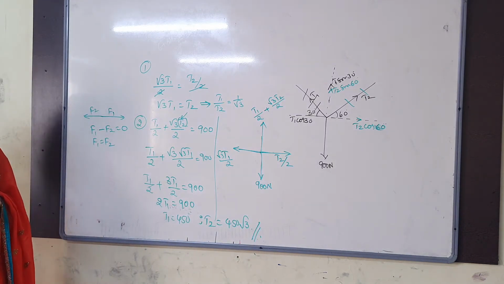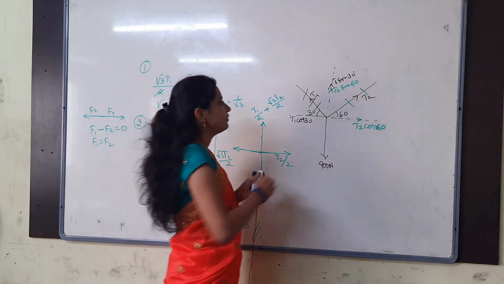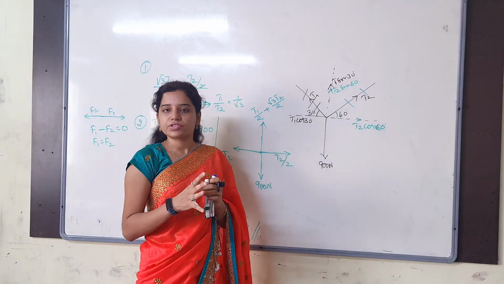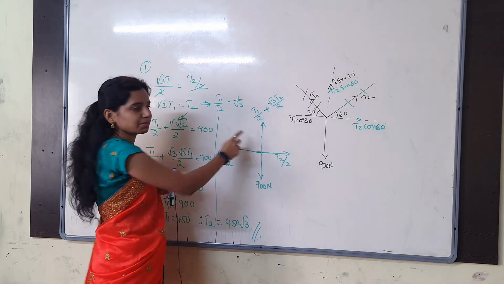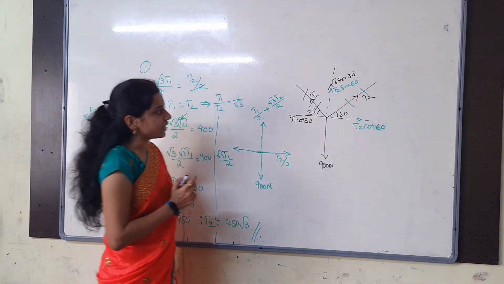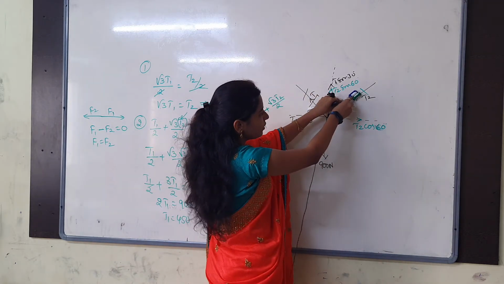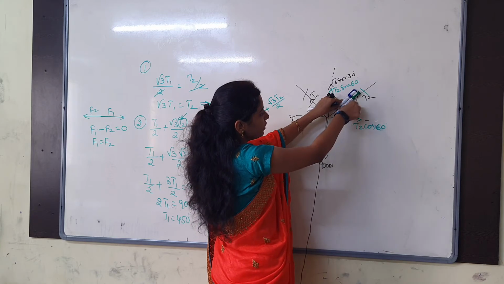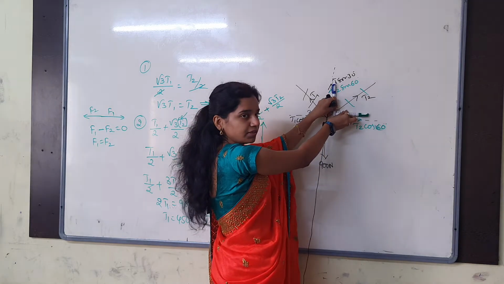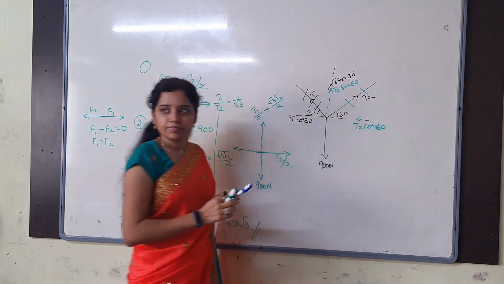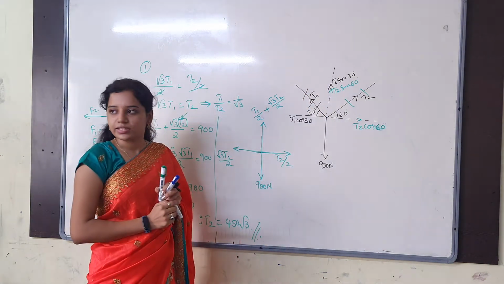Understand clearly? Yes. So that is what I have done. Listen again. Here they have given T1, T2 vectors like this. So first of all, always in the equilibrium of forces you have to form the plus symbol. For that purpose, what I have done is, T2 is here like this. I have taken the horizontal and vertical components of T2, with the 60 degrees angle. So T2 cos 60, T2 sin 60. Is there any vector in between? No. There is no vector. The vector is gone already. And also for T1, I have taken T1 cos 30 and T1 sin 30.